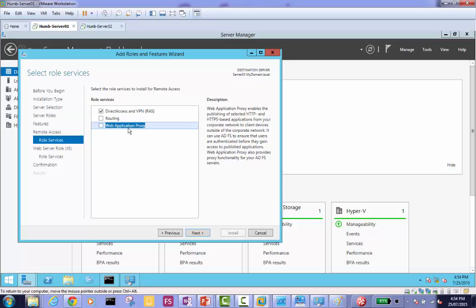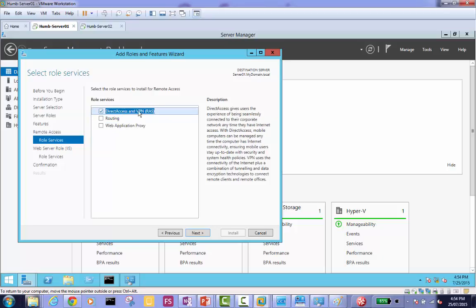You put your own server on the internet by putting a public IP or mapping a public IP in your firewall with your server, and then you want to have some application that everyone on the internet can access, but your server is hosting that on the internet directly. So you're exposing your server directly to the internet. So if you want that, go ahead with the web application proxy. It will give you all those settings, but with proper security as well. We're going to be just doing the VPN. Direct access. Anyone knows the idea of direct access?